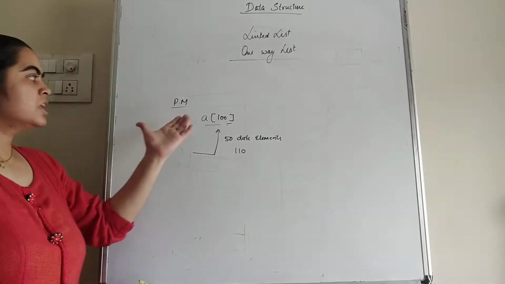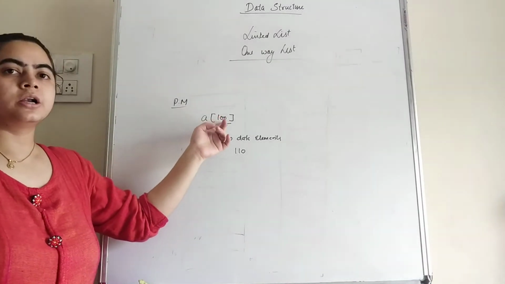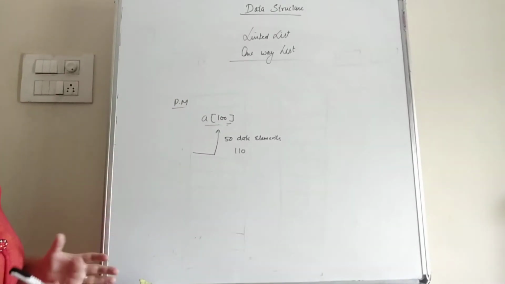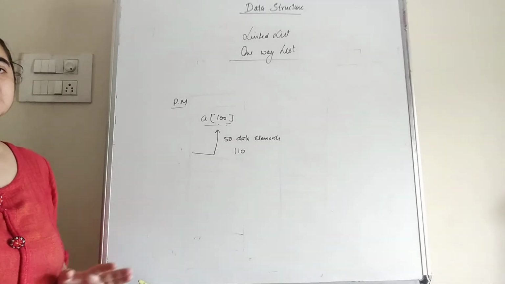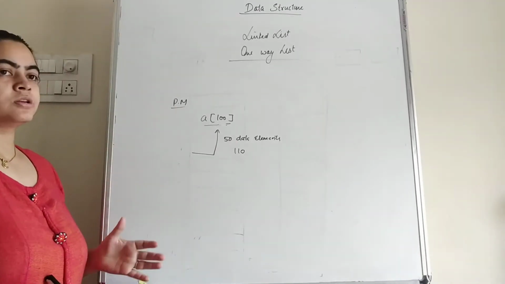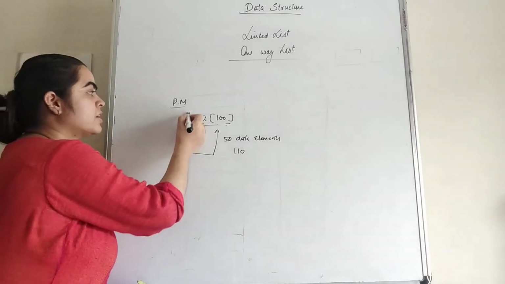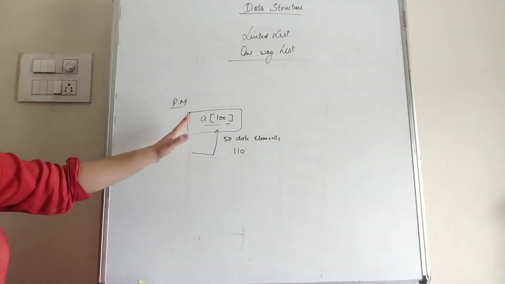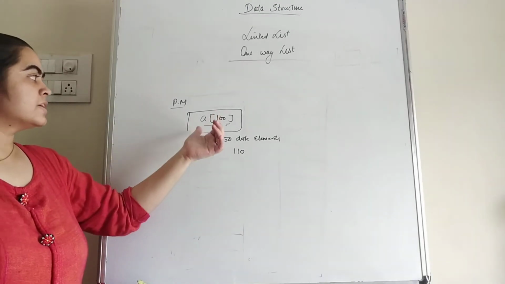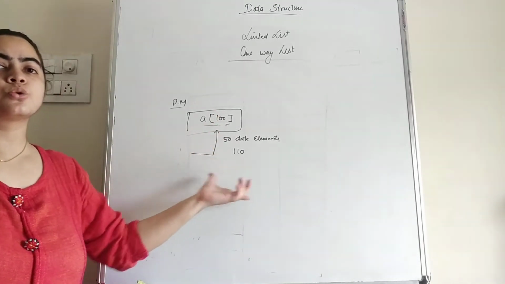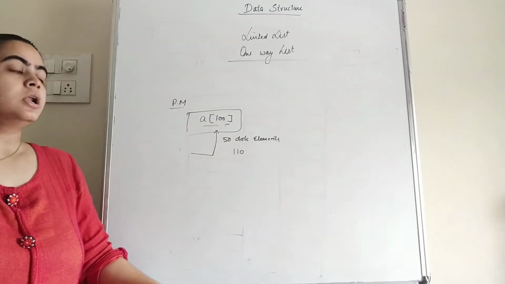Third reason is in case of arrays, if we have to store 100 elements, then we have to occupy 100 consecutive memory locations within the primary memory. So if suppose in the primary memory there are no 100 consecutive memory locations available, in this case we are not able to store our program. So this is the third reason we are using the linked list.